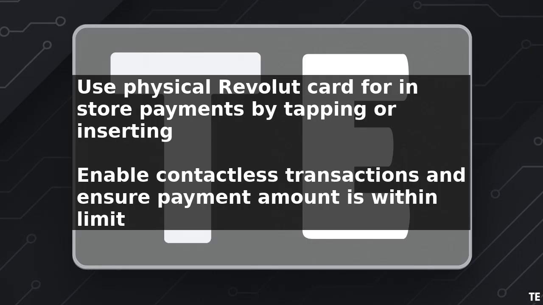contactless limit. To send money to someone else, navigate to the transfer section of the app, enter the recipient's details, and select the amount you want to send. You can also use the app to request money from someone by generating a payment link that can be sent